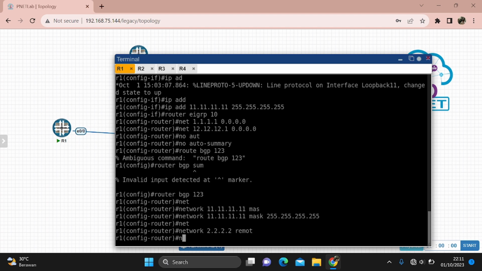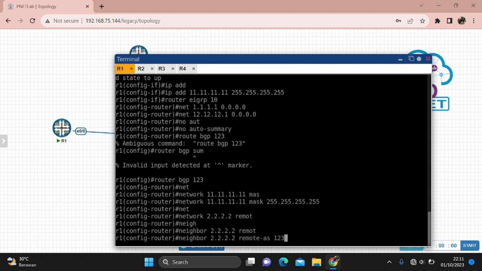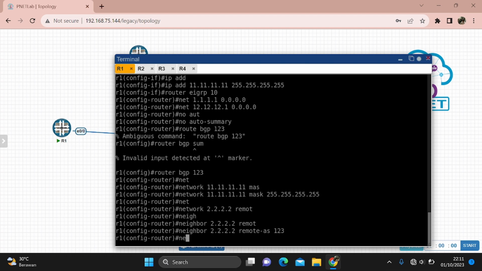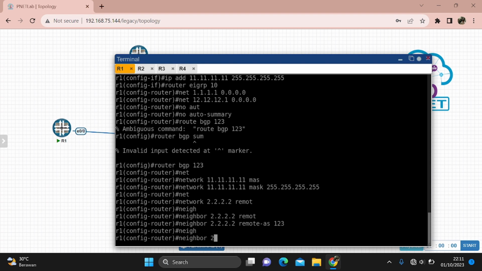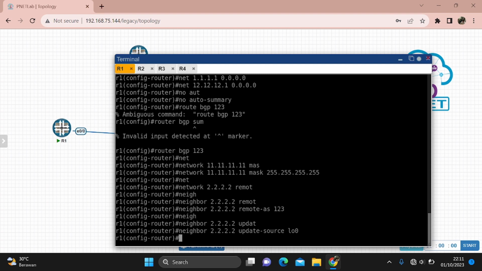Oh wait, the neighbor is 2.2.2 and then remote AS 123, then neighbor again, update source, loopback 0, and then BGP in router 2.